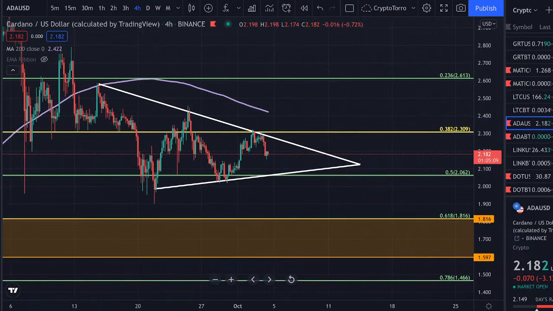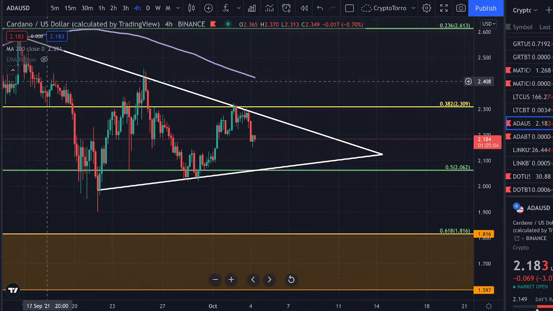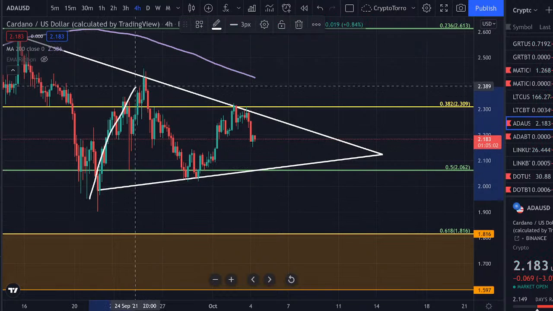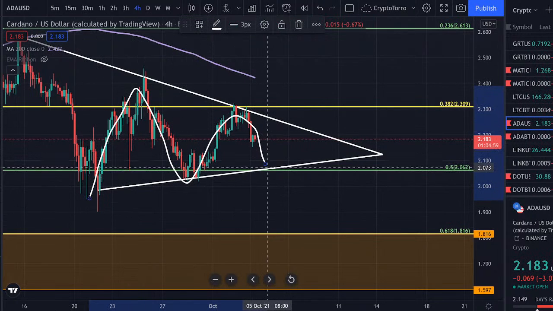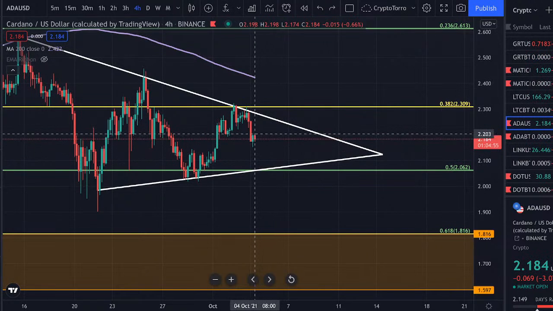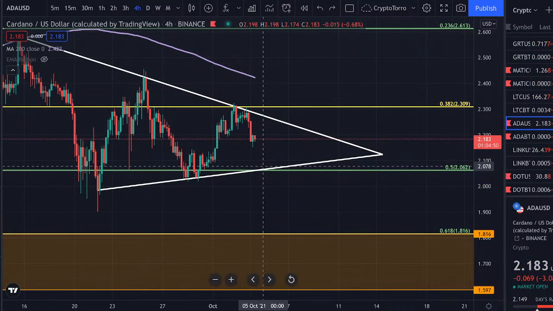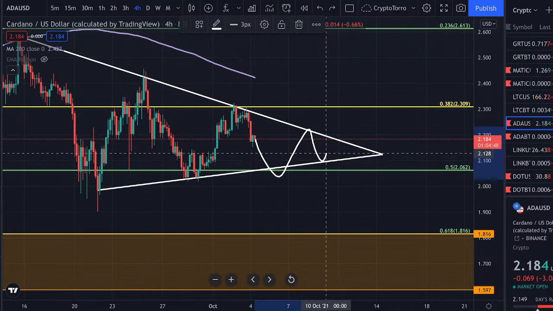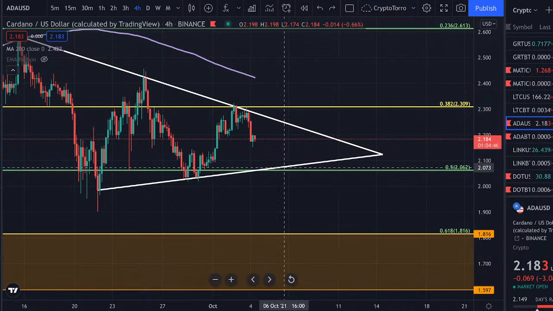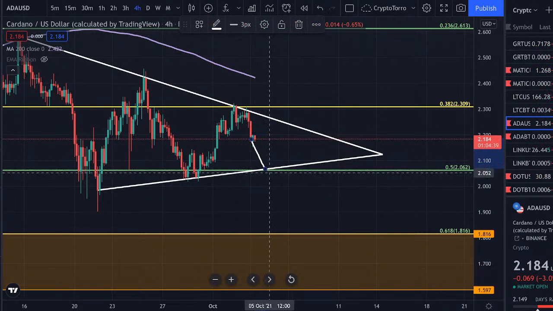So this triangle right now, this symmetrical triangle, is something I will be monitoring very closely, due to the fact that if we stay in between these two, if we see a retest once more of the 0.5 level at approximately $2, I will be entering a long trade position. You can wait for the confirmation of a breakout either towards the upside or towards the downside, but I am entering my trade, a long trade position, at the $2.06 level on Cardano, due to the fact that